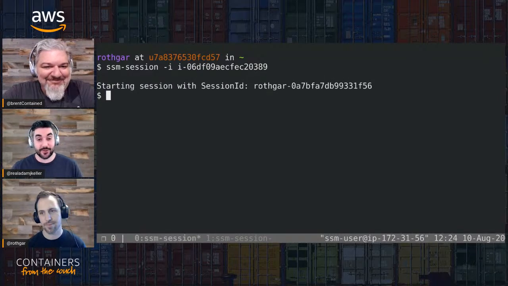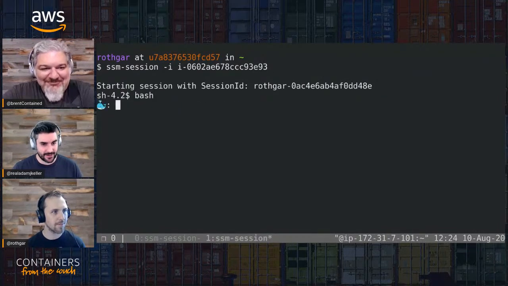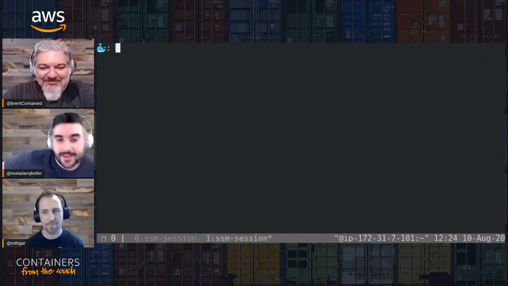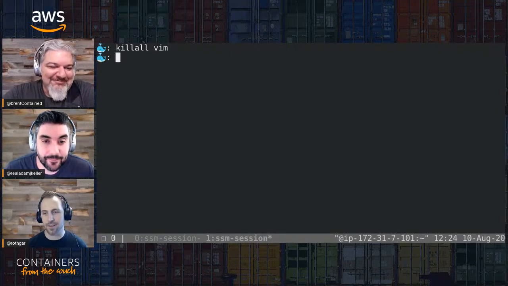And by the way, Justin's showcasing the really cool functionality with SSM using Session Manager, right? Yep. I mean, that's pretty cool. No SSH. And now I have a hung